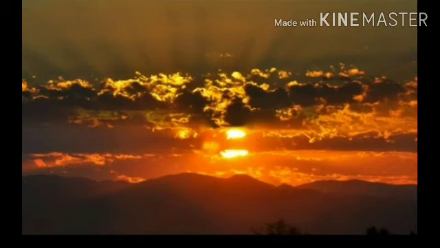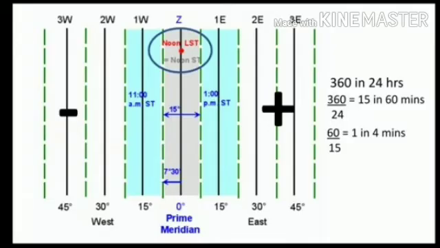Morning, noon and evening. When the prime meridian of Greenwich has the sun at the highest point in the sky, all the places along this meridian will have midday or noon. Now let us see a simple calculation. The earth rotates 360 degrees in about 24 hours. You all know that very well. Which means 15 degrees an hour or 1 degree in 4 minutes.